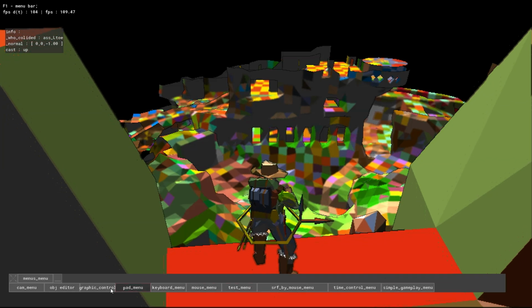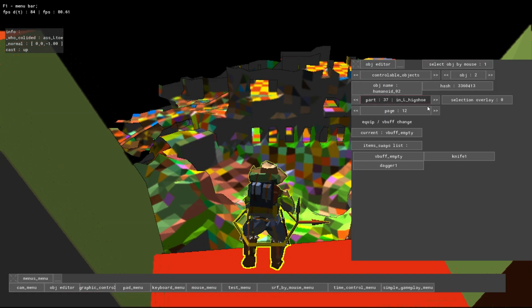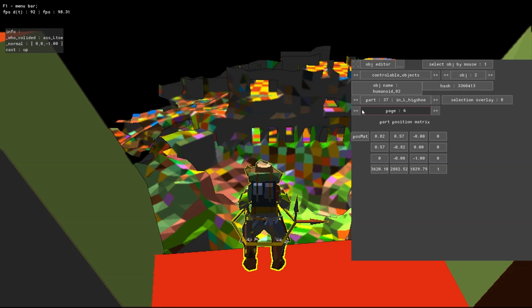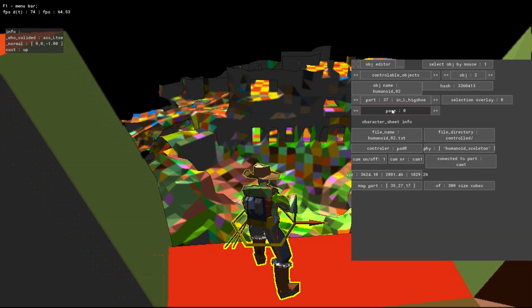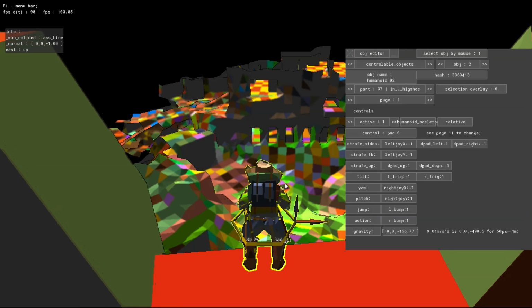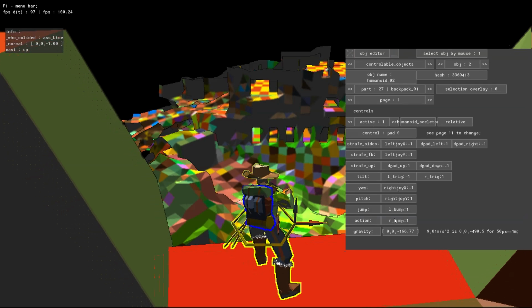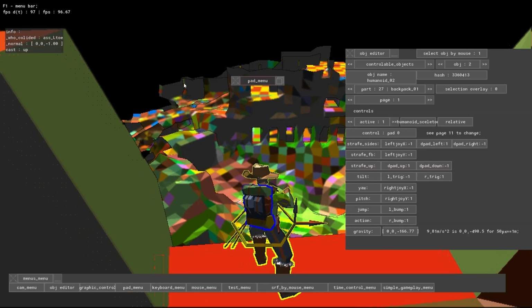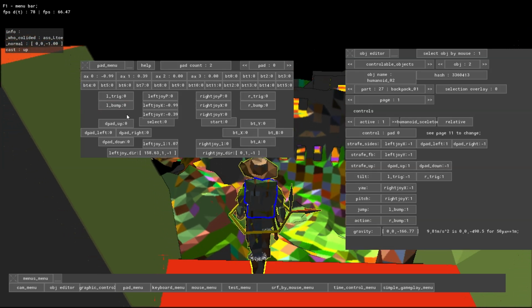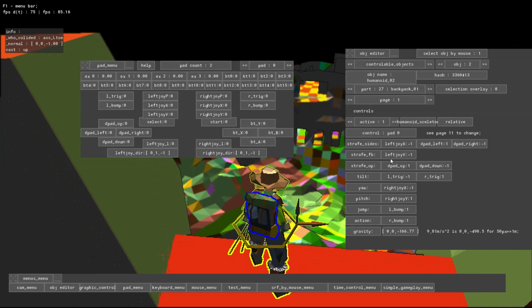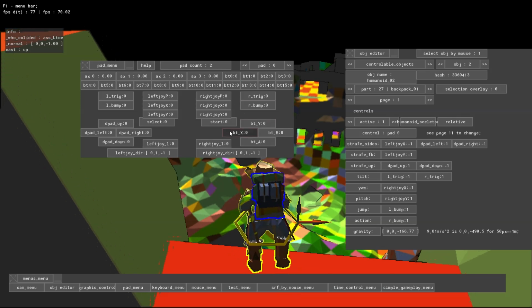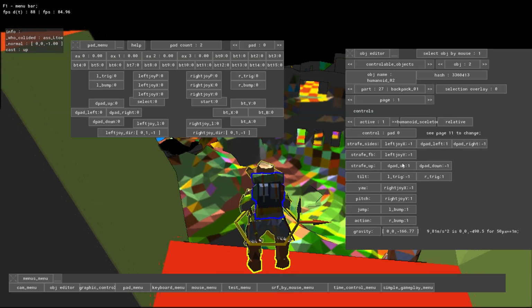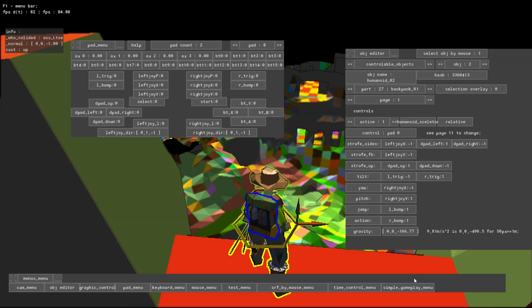So for example, controls for our character, where you are, controls, here, controls, page 1. So this is the character we currently have, and these are the controls connected to him. On the pad menu we can see what is what. So there is some level of abstraction from the pad to those namings. So we can change those namings to whatever we like. For example, we can